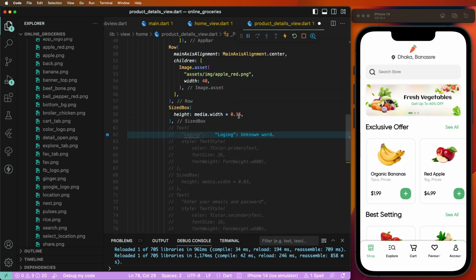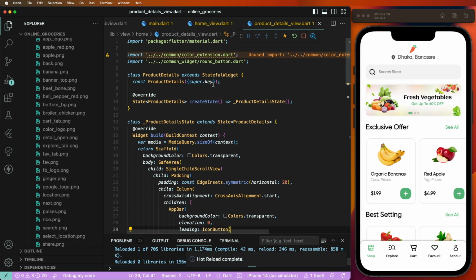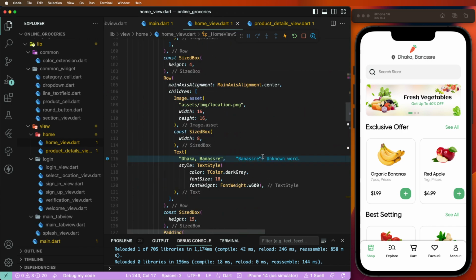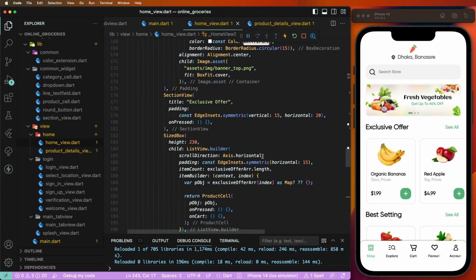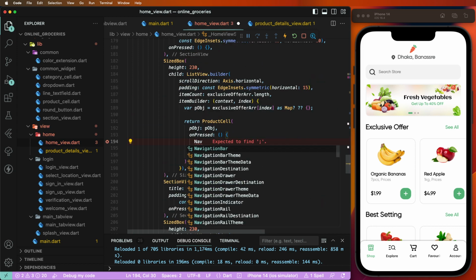Now save. I want to configure the button inside here, exclusive navigator,